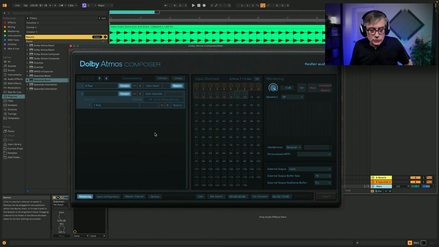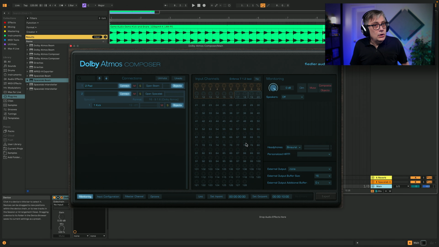The second thing that I'm going to do is I'm going to separate out the dry signal from the wet signal, and you can simply do that by clicking here on the object button. And what that will do is it will generate two additional objects, and these two additional objects are essentially the dry signal from the kick. So let's just do that, and that will add those here. Now we have essentially four objects. Two objects are coming from the pad, two objects are coming from the dry signal of the kick, and then we have the composite, or the object pad in Dolby Atmos Composer, that contains the wet signal of the reverb.